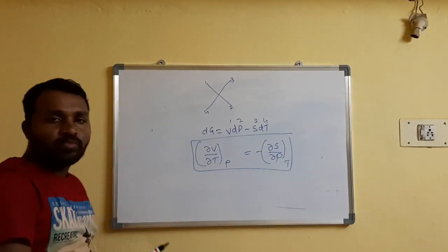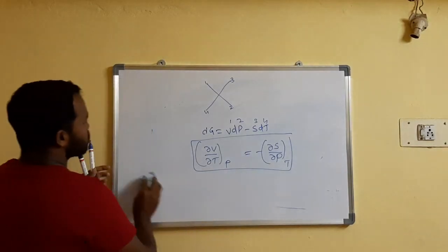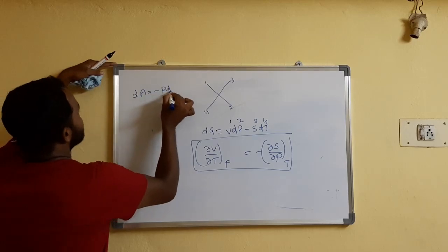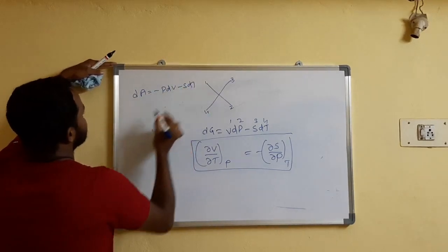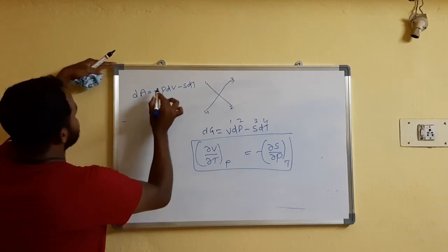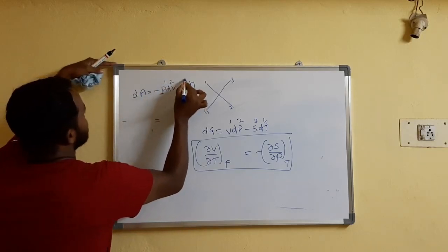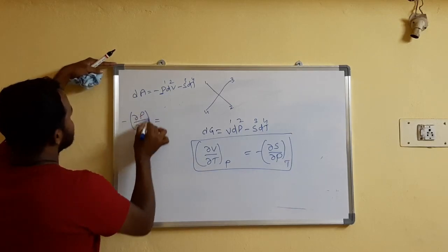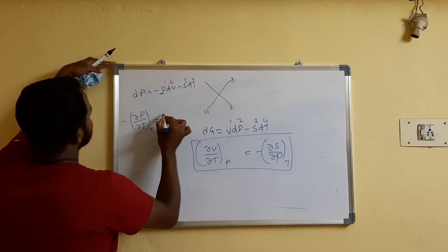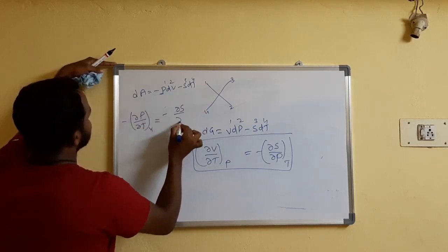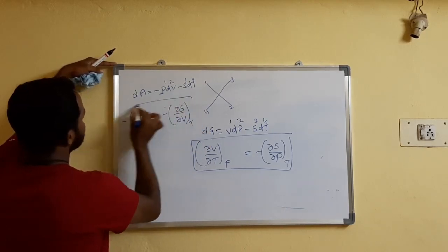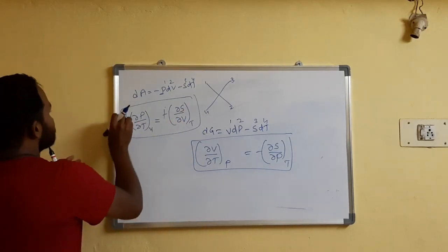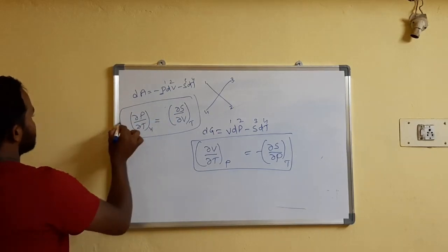So this is one more Maxwell equation. I am going to write another equation: dA is equal to minus PdV minus SdT. Already we know that, right? Put the minus symbol, right? So 1 2 3 4. Our trick is what? So the first is what? ∂P by ∂T at what? V. And one more thing: minus ∂S by, the second term is what? ∂V by, at the remaining. So just simple, this is minus minus cancel. So you will get ∂P by, this is one more Maxwell relation.